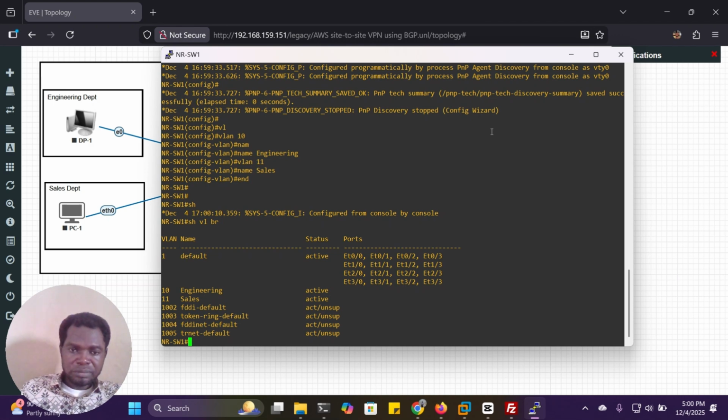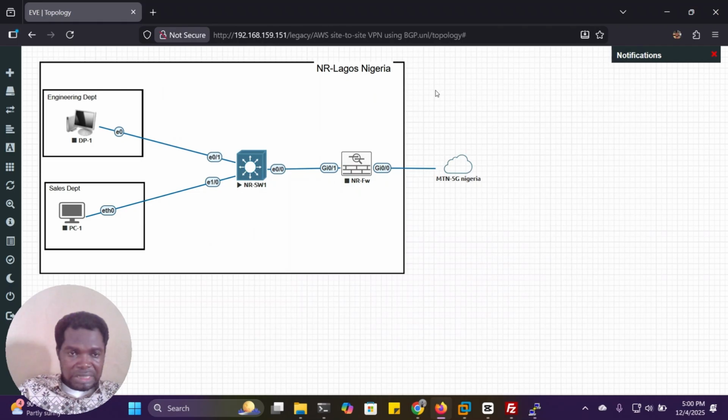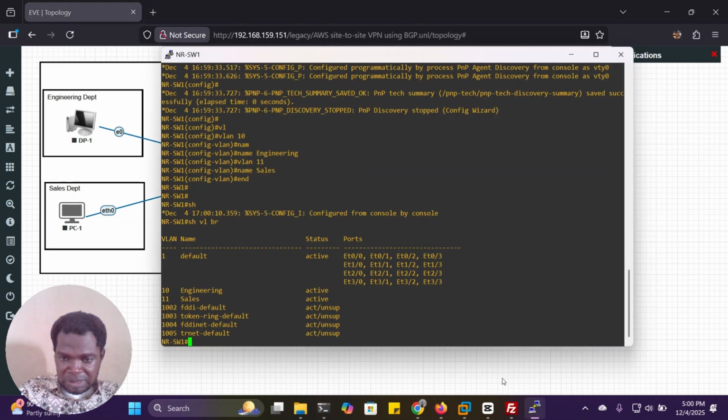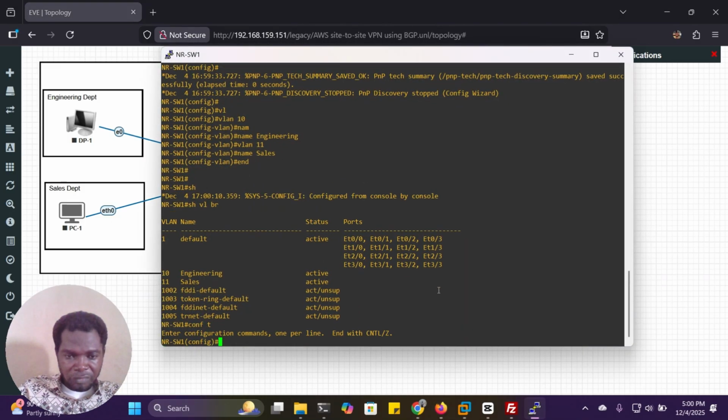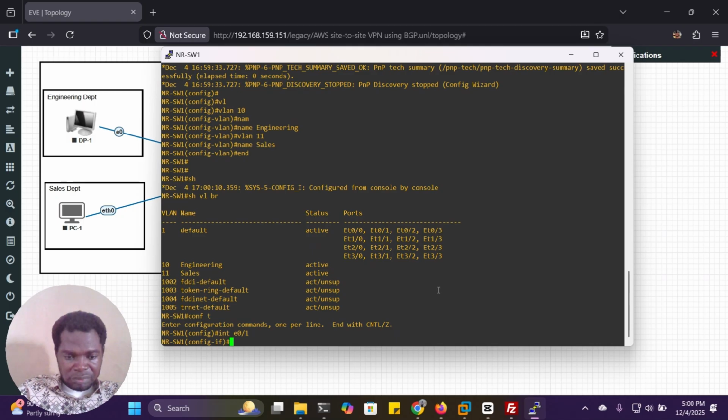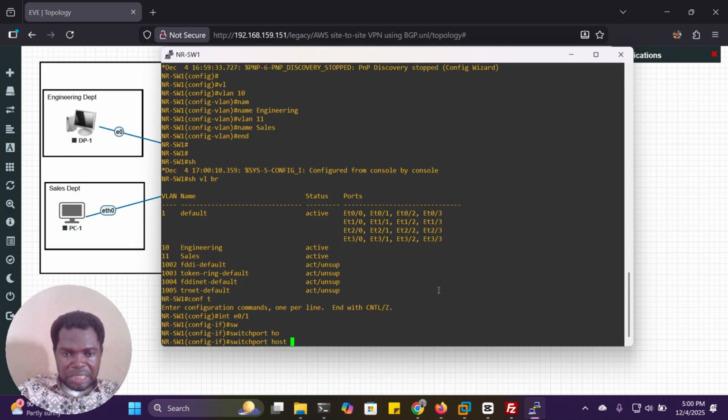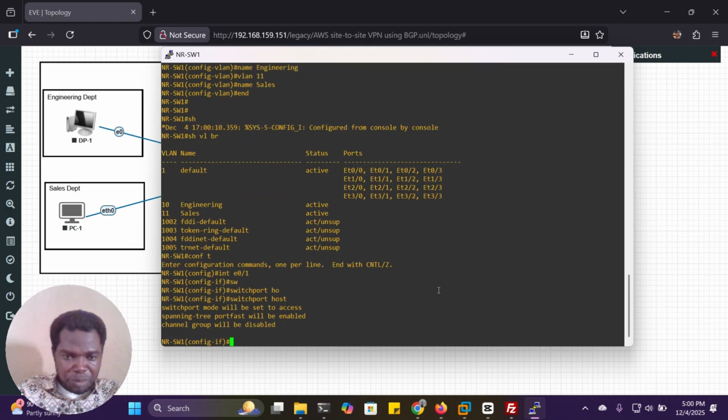So now we are going to put them in separate VLANs. They are ports in separate VLANs. So 0/1, switch port host is also the same thing as saying switch port level. Hold on, let me finish.